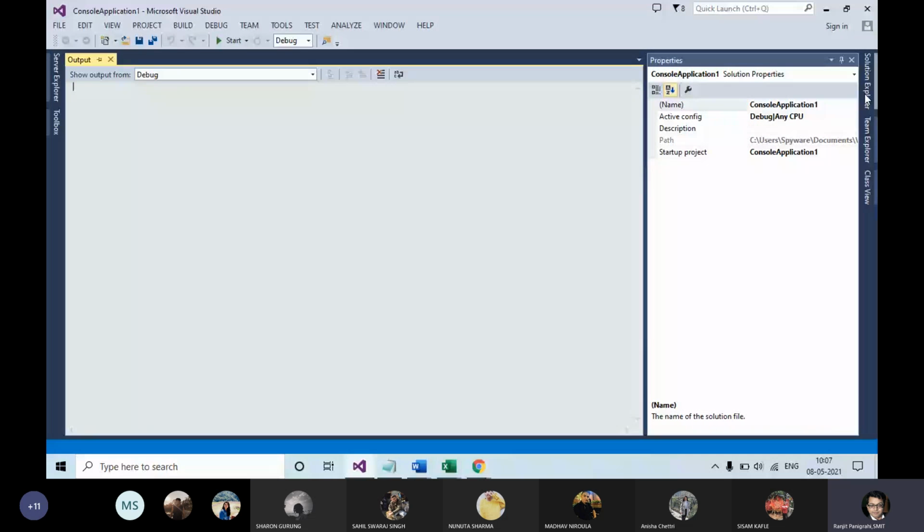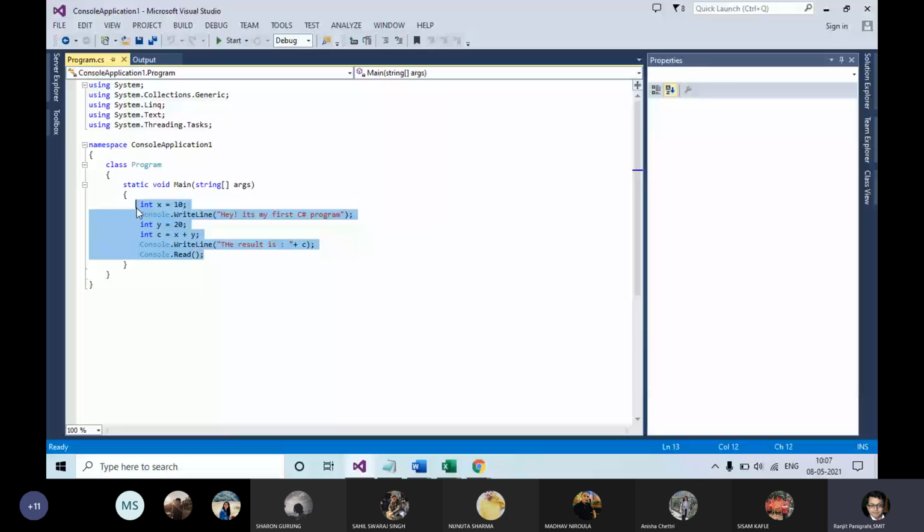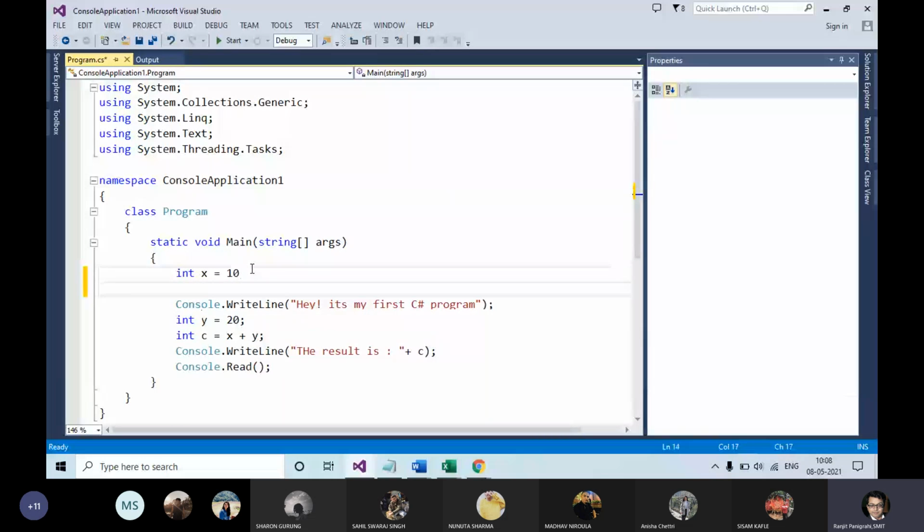This is your main function. While writing the program, anything which does not follow the normal rules of writing the program is an error. Suppose int x equal to 10, there is no error. But if I remove the semicolon, you will get an error. You see the red lines. This is a runtime error, sorry, compile time error.